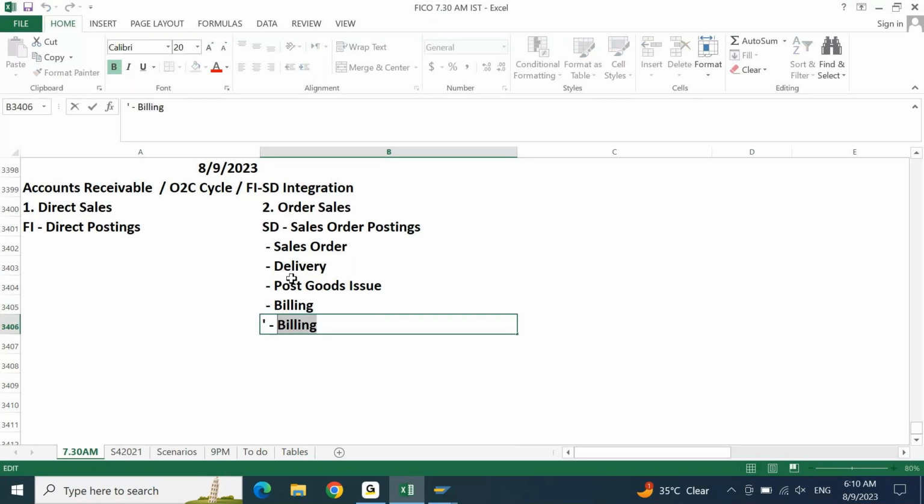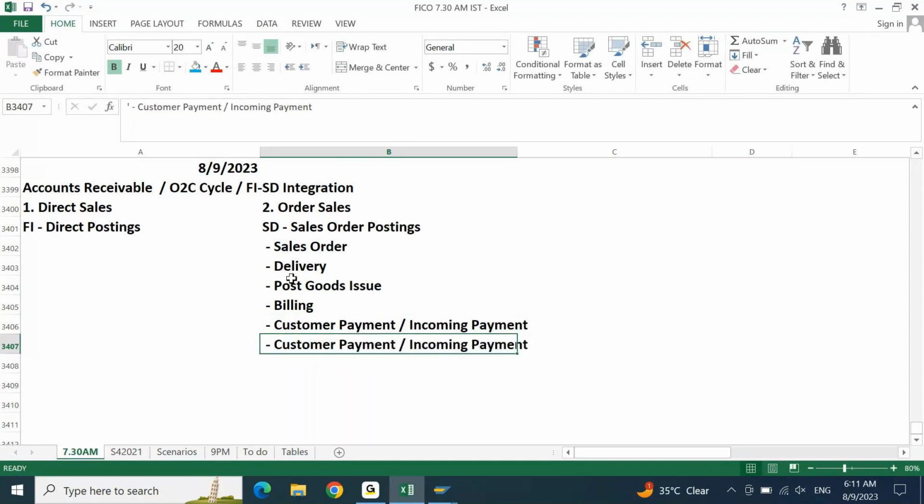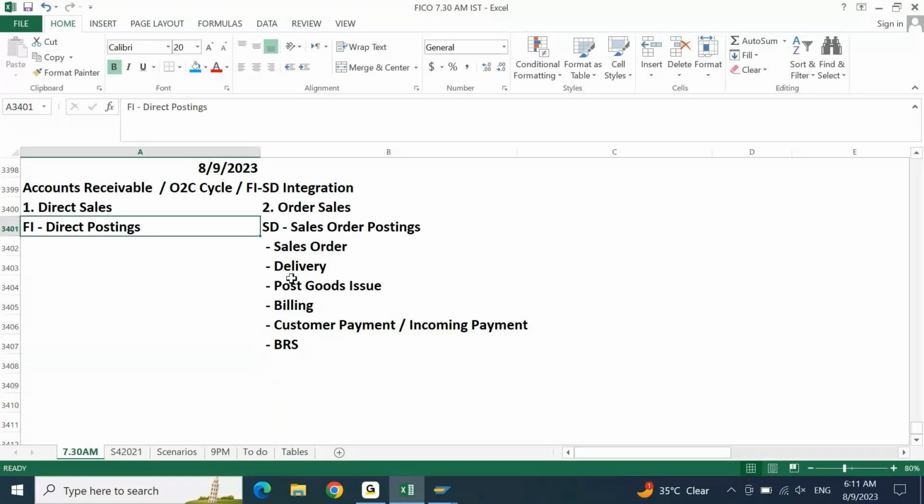After billing, we will do customer payment entry, or you can also call it incoming payment. And last one, bank reconciliation or BRS. This is the flow that we normally follow when we talk about sales order related process or OTC cycle or FI/SD integration. When it comes to FI direct postings, your flow will be